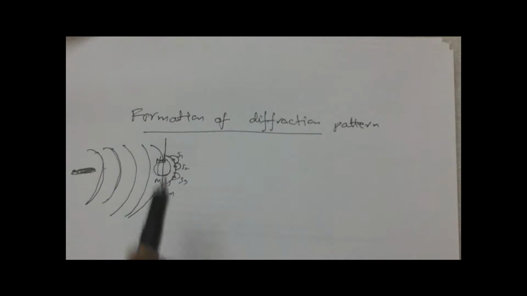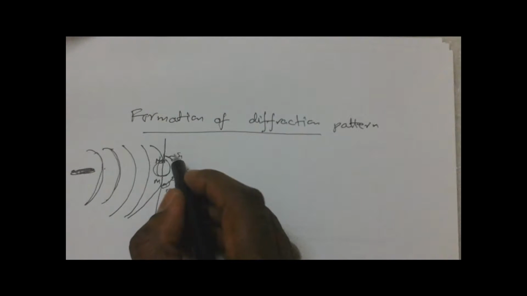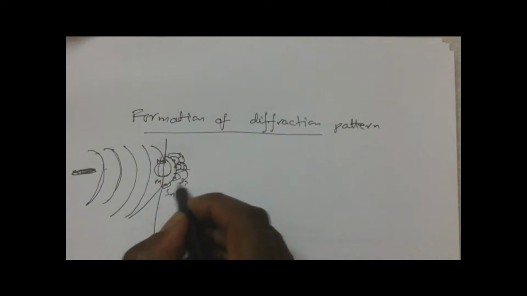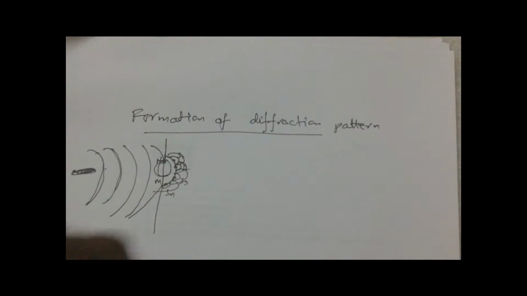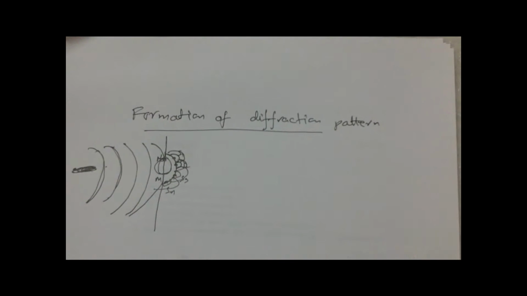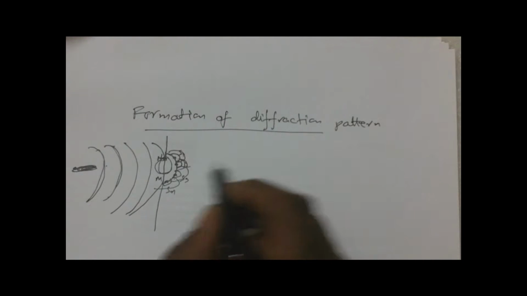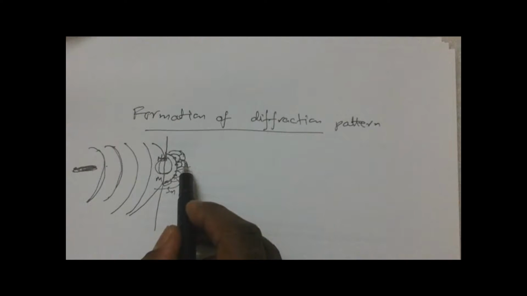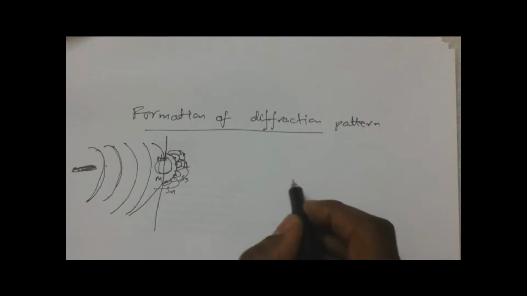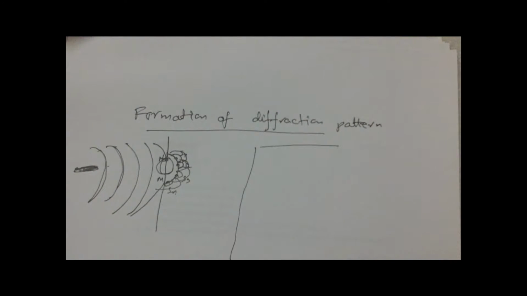All the secondary sources give spherical wavelets again. So the source wavefronts and these secondary source wavefronts are going to interfere, and finally these wavelets superimpose and form an interference pattern on the screen